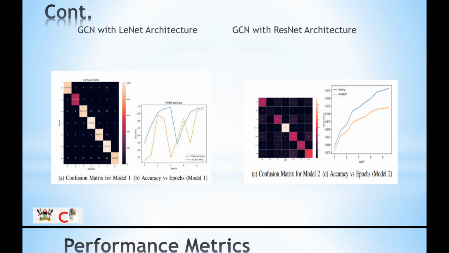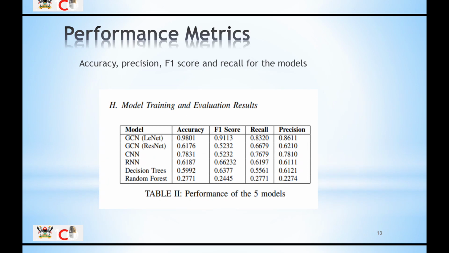And then the next slide shows the results and confusion matrices of both LeNet and ResNet architectures as used in the graph convolutional network. So from here you will notice that the LeNet architecture performs much better than the ResNet architecture. This can also be seen in the performance metrics, where the LeNet architecture, using the same graph convolution network, achieved 98% accuracy, while the ResNet architecture achieved